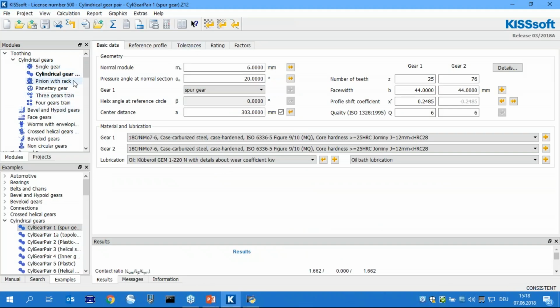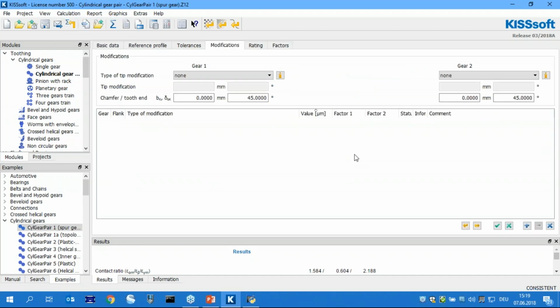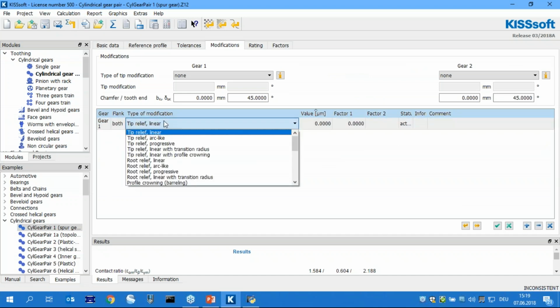Last but not least, I've mentioned manufacturing. We have now added the calculation of manufacturing twist for helical gears. So I have to change here to a helical gear. Let's make it maybe 15 degrees helix angle. I'll recalculate now the center distance. That's okay. And now if I go to calculation modifications, let's say my helical gearing has a crowning,